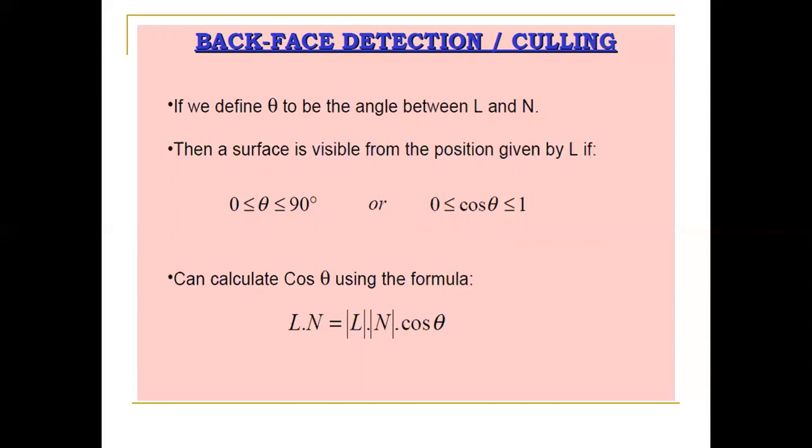So it is not a cross product. There are two types of products under vector mathematics. We have the dot product, which is called the scalar product, and one more product which is called the cross product, which is the vector product. Here we are considering the scalar product, L dot N, which is nothing but magnitude of L into magnitude of N into cos theta, the cosine of the angle theta.